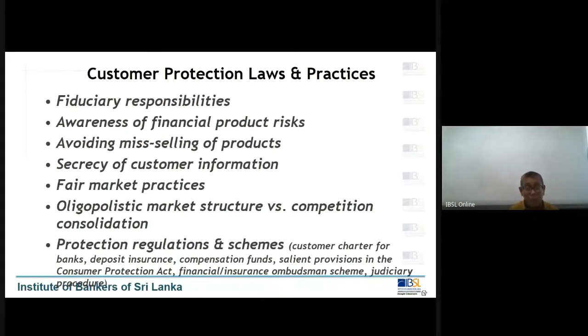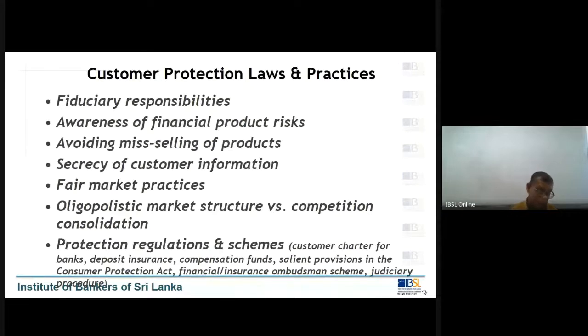It is a duty of the regulator as it is a duty of the bank to protect customers. Why? Banks are doing business. Banks are earning profits from customers' money. So therefore, somebody needs to be there to protect the customers. The regulator and other different institutions, different laws and statutes are available in Sri Lanka to protect customers. Right. So this area we are going to discuss under